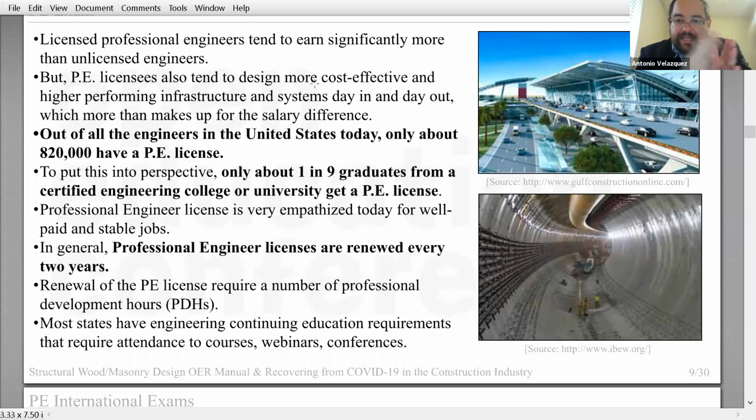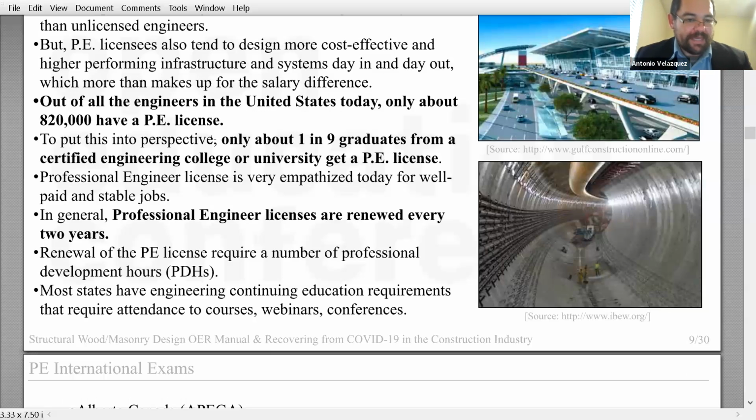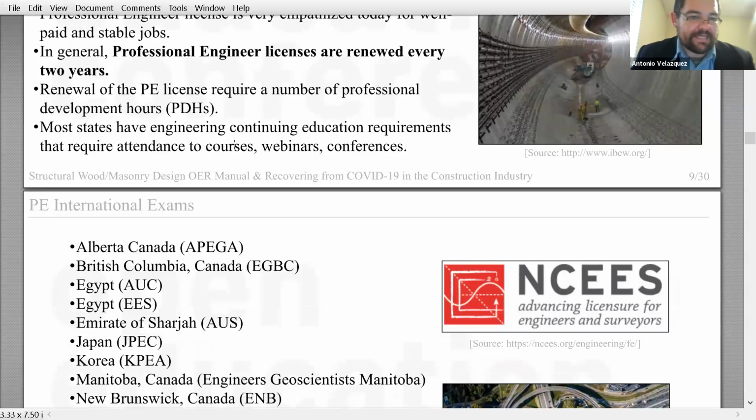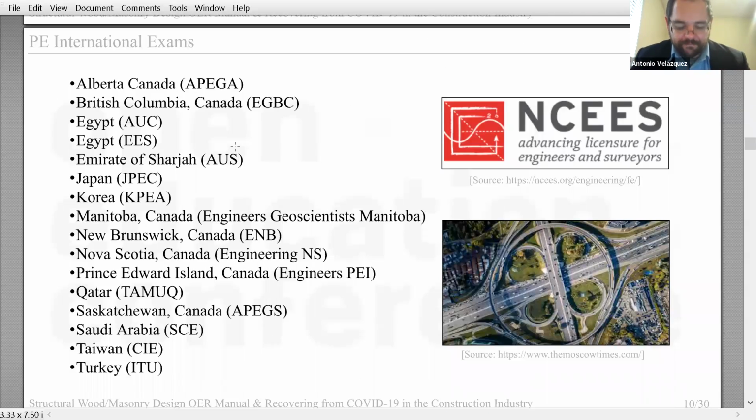Engineers that lose track of this PDH get delayed, and after some period, after 5 years, you lose your license. Now you need to reapply again, retake the exam again, and maybe you fail, and then you lose your license, you lose the job, you lose the salary, you lose everything. Upon the coronavirus, it's so critical. This part is so critical for the civil engineering community, and also worldwide.